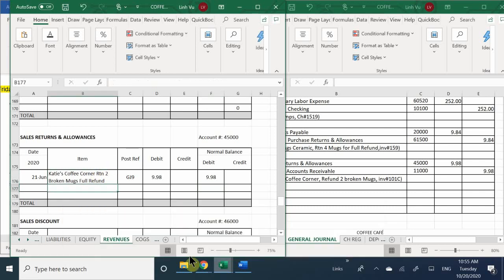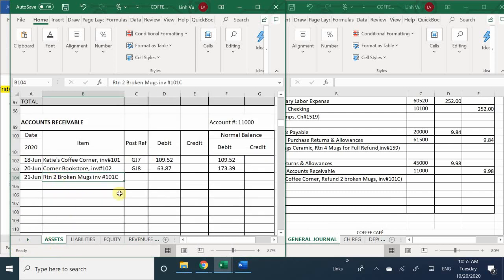Return 2. Okay, so back to my accounts receivable. Returned 2 broken mugs, invoice number 101C. General Journal number 9, and I'm crediting it for $9.98, bringing my total accounts receivable to